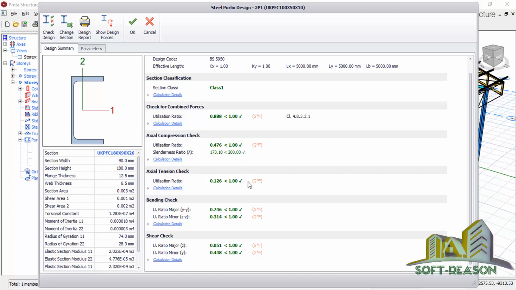If they actually failed, you can see the design code, the BS 5950, the effective length, and all of the parameters, the length of the polyline, are being given here. The section class, class 1. So this has been checked and is now successfully designed. As you can see, if you want to print the report, you just hit on this report design. Once you click on this report design,